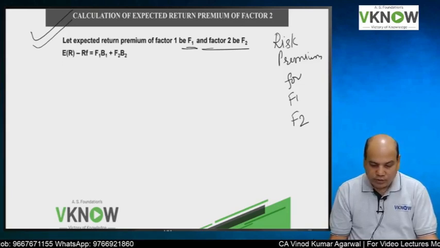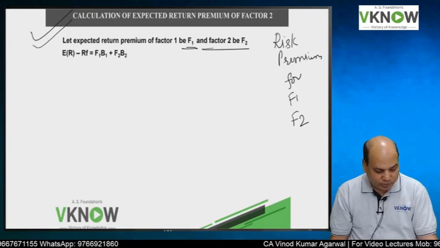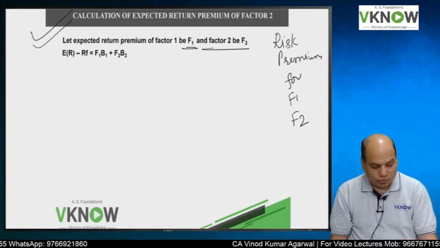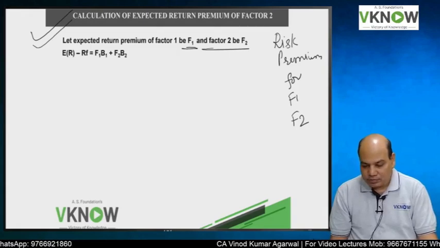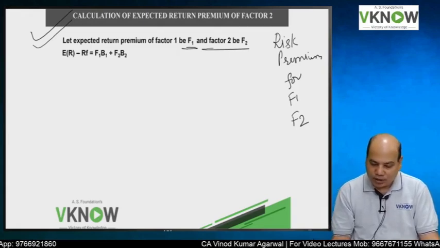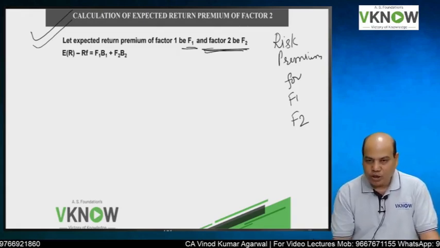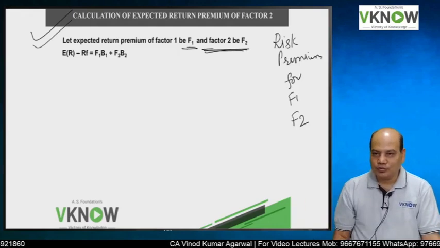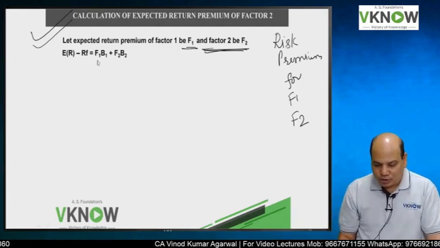Then write down, let expected return premium of factor 1 be F1 and factor 2 be F2. So the equation will be